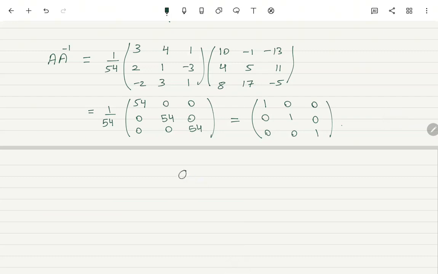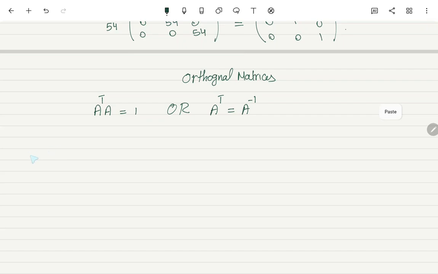Let's define orthogonal matrices. A matrix is said to be orthogonal if A transpose A equals 1, or A transpose equals A inverse. One of these conditions should be satisfied in order to call the matrix an orthogonal matrix. Example: